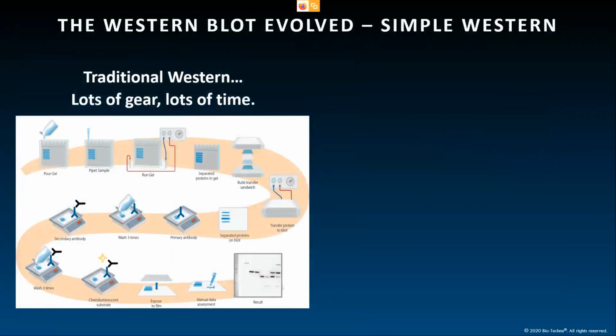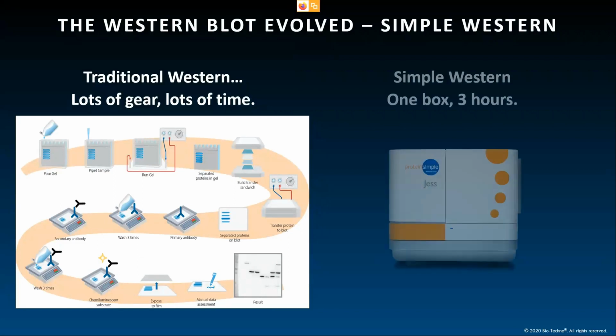The traditional Western blot has been around for 40 years, and while being a key research tool, still persists in a form that looks pretty similar to what was available 40 years ago. There have certainly been innovations to help improve the overall process, but it's still just that, a process. It's a process that requires a lot of gear and a lot of time, and it yields results that aren't often worth the effort. The Simple Western platform, on the other hand, takes the entire process, innovates, and automates it,